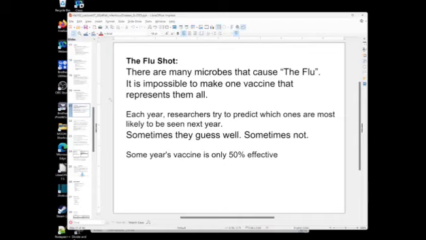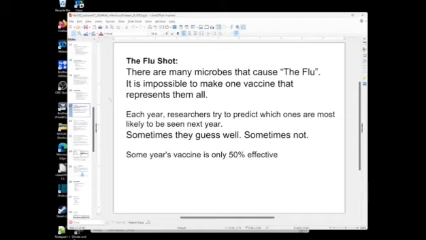There are also many variants of influenza, and they all have a separate molecule. How do they know which variants of influenza are more likely than others to appear next winter? They watch the southern hemisphere. Remember, countries in the south of the equator, like Australia, they are six